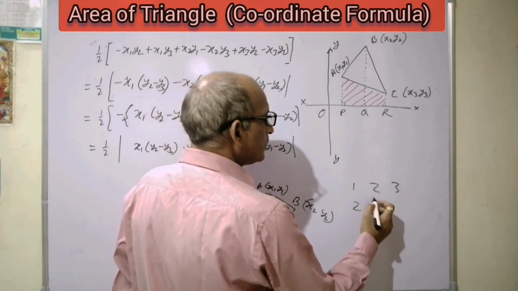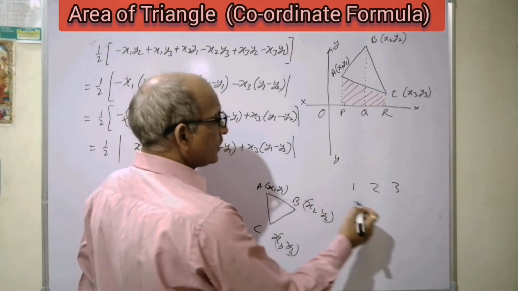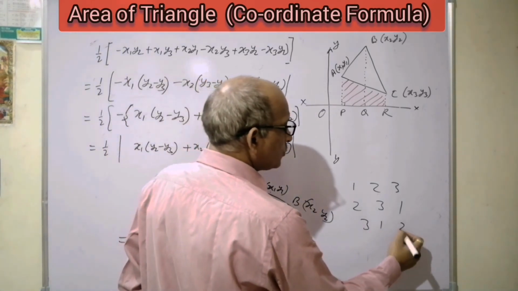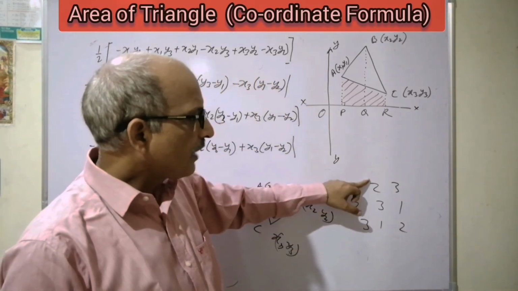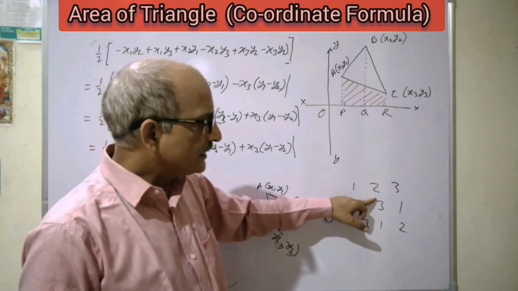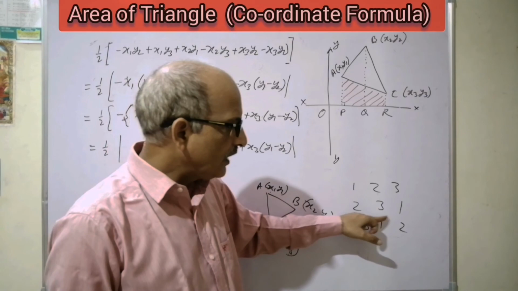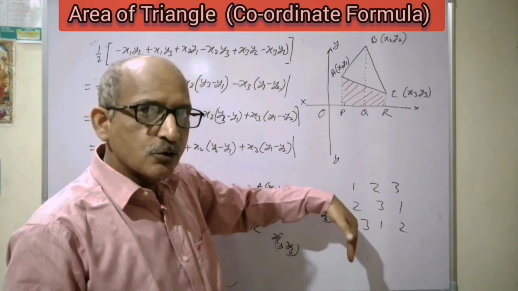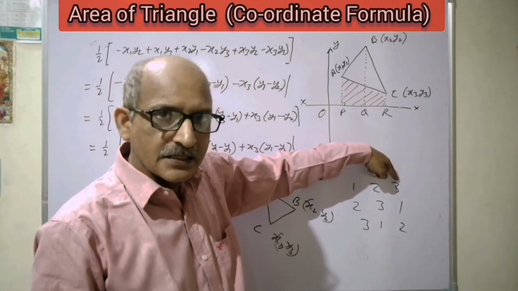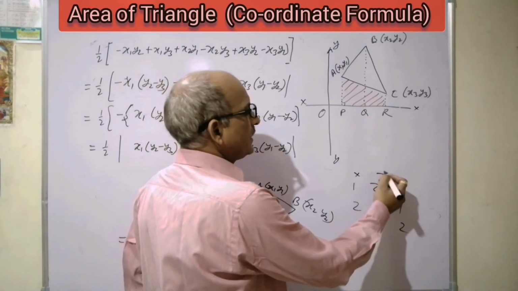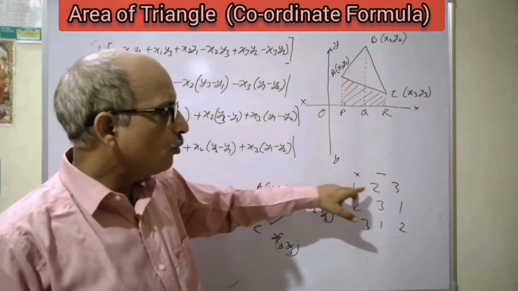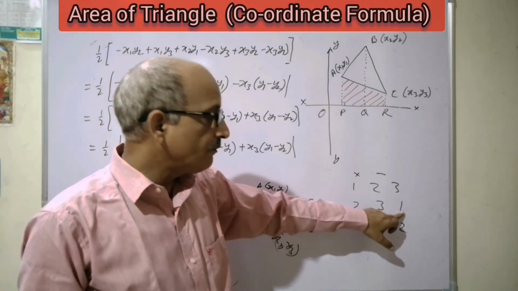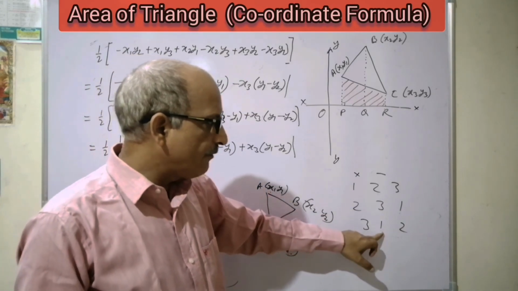If we are taking 2, then 3, then 1. 2, 3, 1. If we are taking 3, then 3, 1, 2. I mean to say x1, then y2, y3. x2, y3, y1. x3, y1, y2. In other words, x1 is to be multiplied by this column, and it is y2, y3 with subtraction. So x1 into y2 minus y3 plus x2 into y3 minus y1 plus x3 into y1 minus